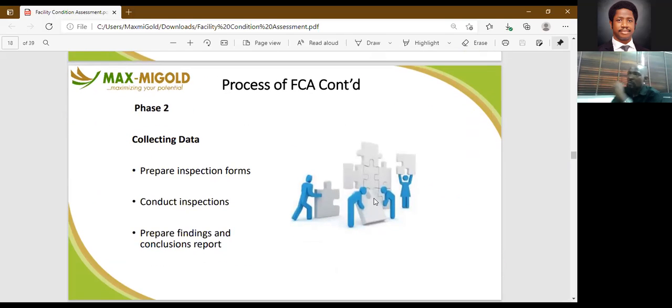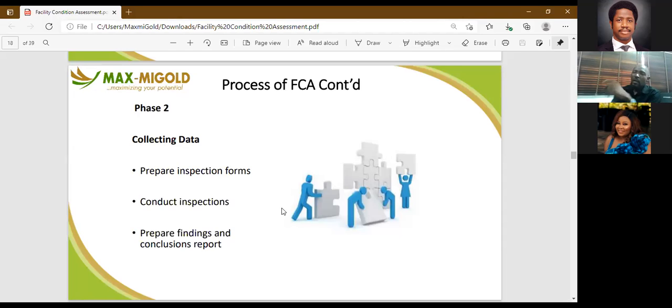Then when will the site be approached? Is it a night walk? Is it an early morning walk? Or is it one you need to do in the afternoon? Because I don't expect my electrical guy to climb the roof when the sun is at its peak, because of the heat. If I'm doing that, I'm putting the life of that electrical guy at risk. So that kind of assessment can be planned very early in the morning, between 7 o'clock in the morning and possibly 11 o'clock, when the sun is not